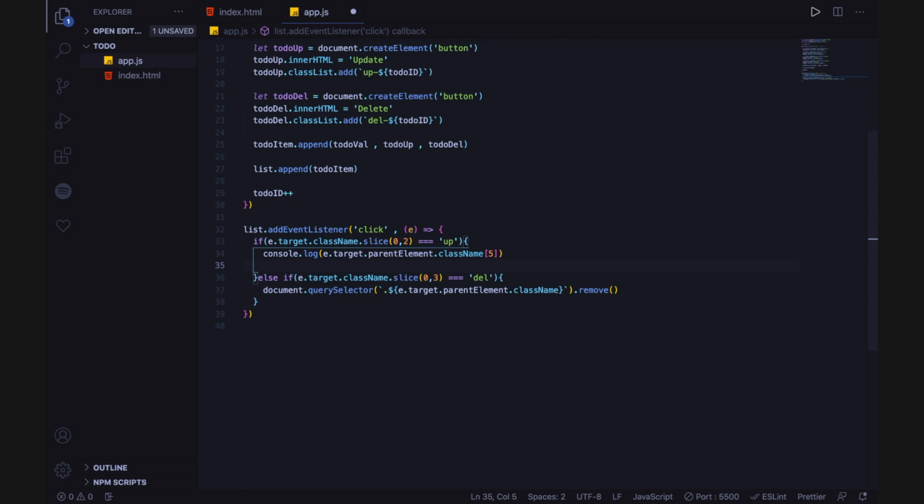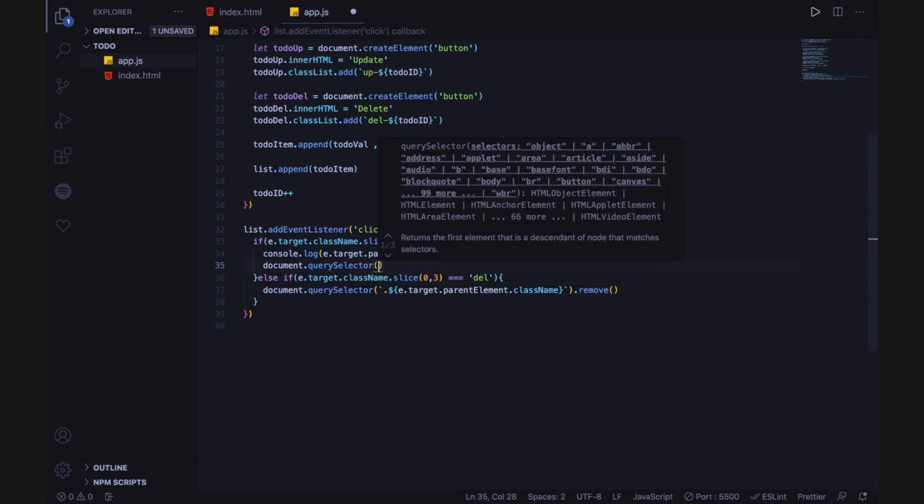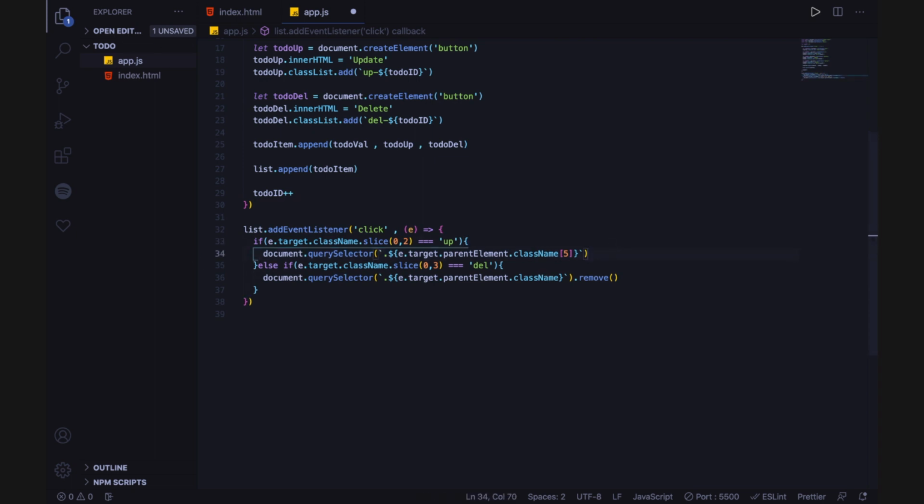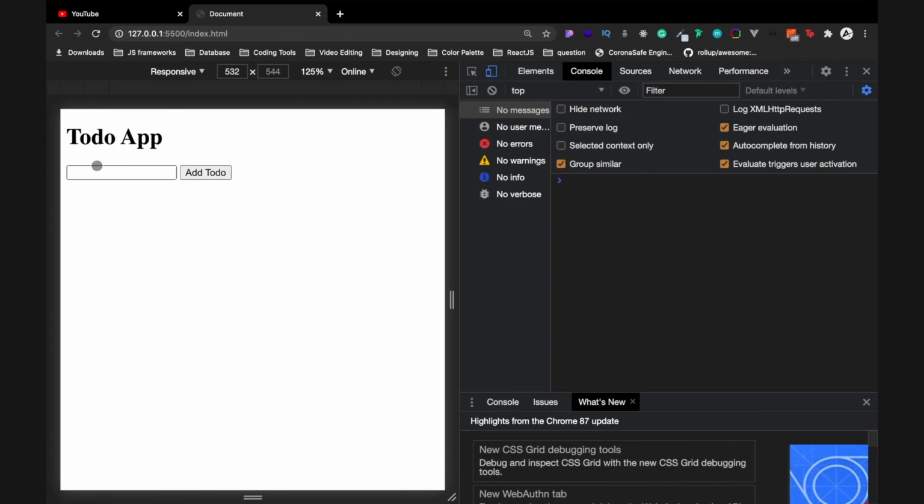So we're going to be query selecting, document.querySelector. Okay, so we're going to be accessing this thing. So we're just going to copy this quickly. And now since we got that element, we're going to be changing the innerHTML of it, val, okay, so innerHTML to the input.value. Perfect. So now if I add,